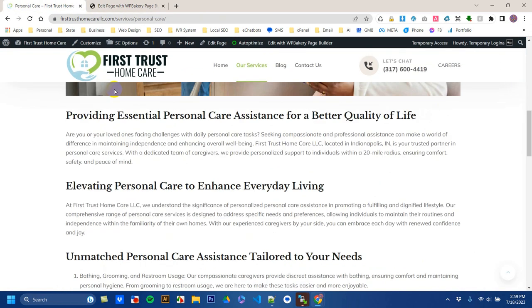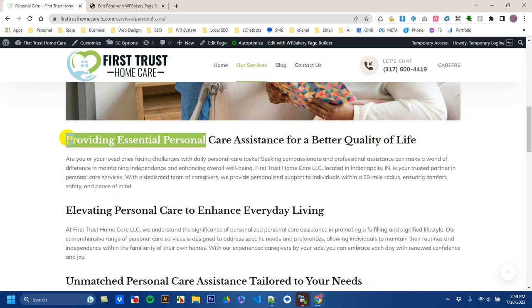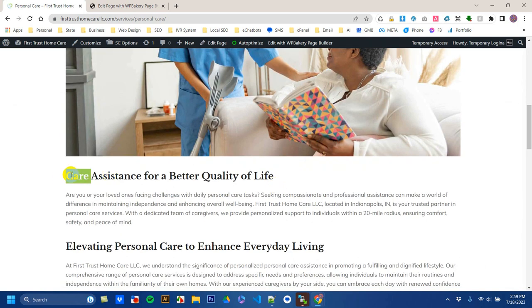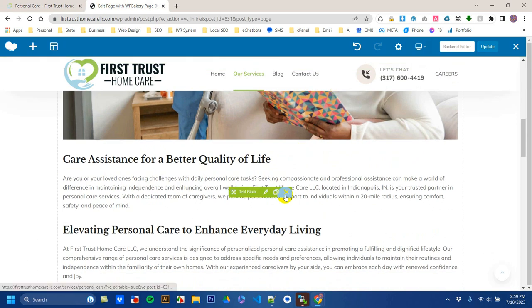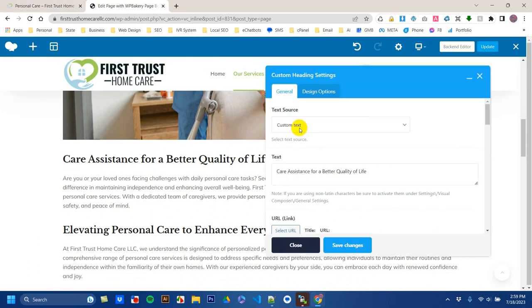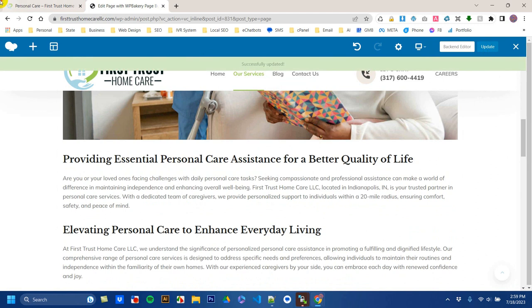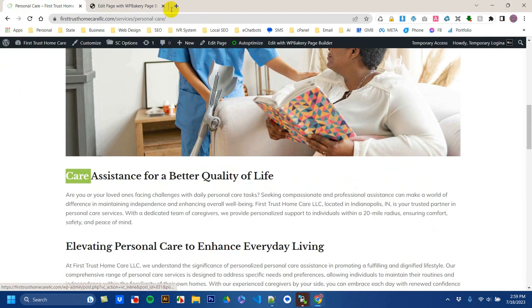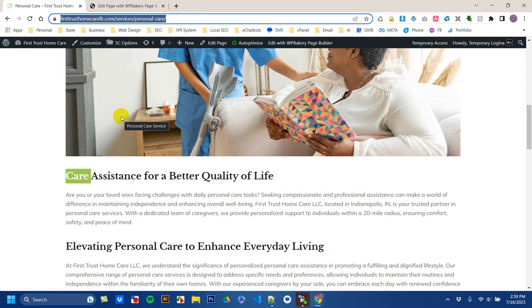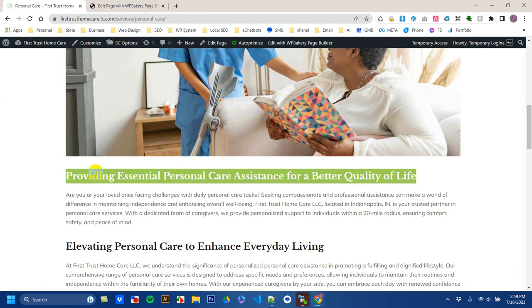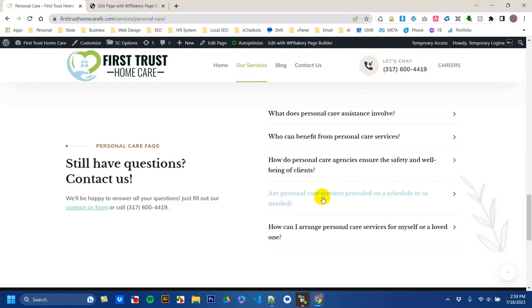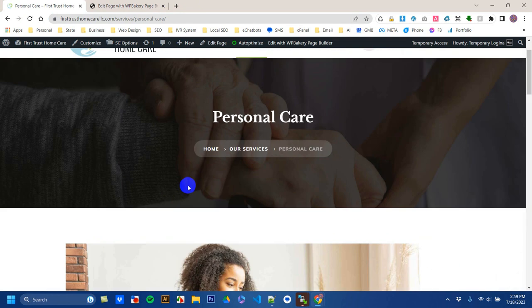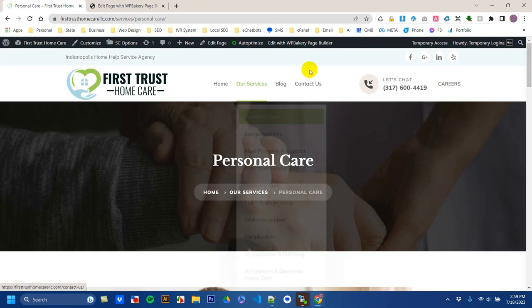Right now we just remove this. When I refresh, this is gonna be gone. So there you go, care assistant. And I'm just gonna come back and I'm just gonna put it back, save, close, update, and just refresh, and it's back. So pretty much the same thing with everything on this page, except the footer, the header, and